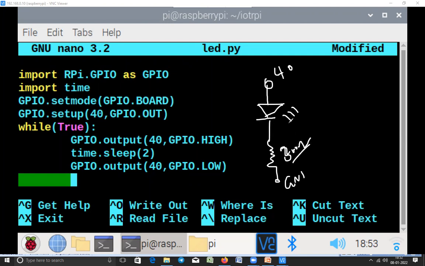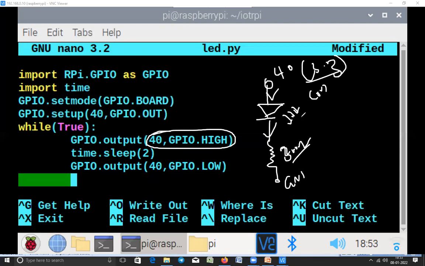This is an LED, it produces light. Now see, at 40 pin, when you produce 3.3 volts, then current flows through this LED, then LED will be on. If you give 0 volts, LED will be off. So when you execute this command, at 40 pin you are getting 3.3 volts, then LED will be on. When you execute this particular line, then at 40 pin you are getting low signal, that is 0 volts, then LED will be off.